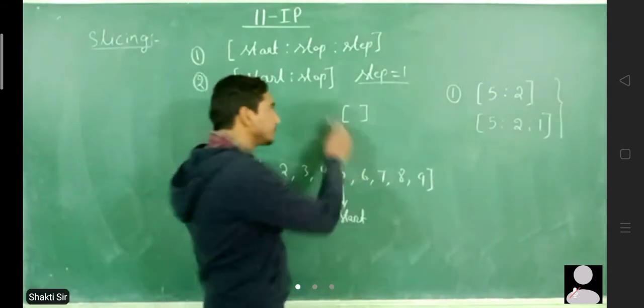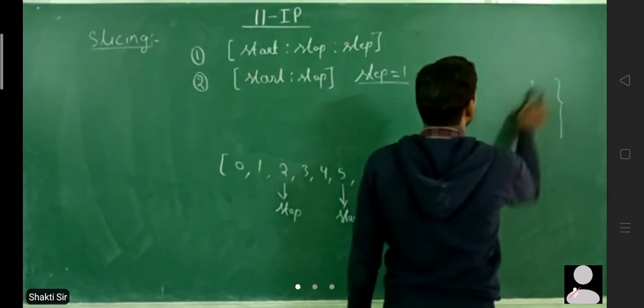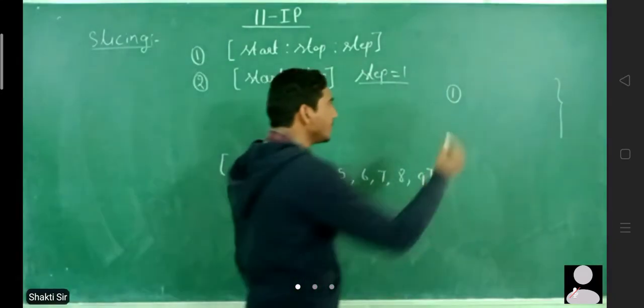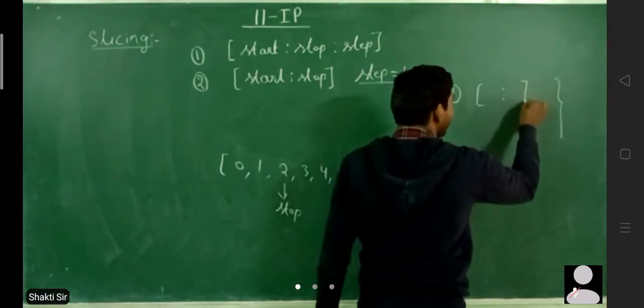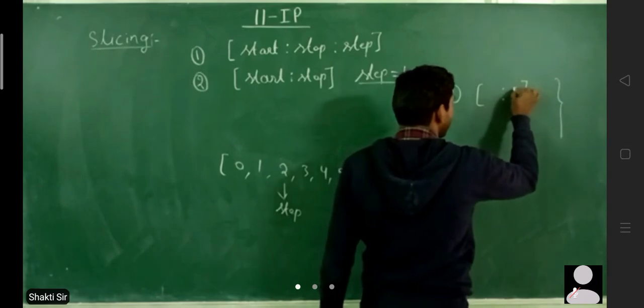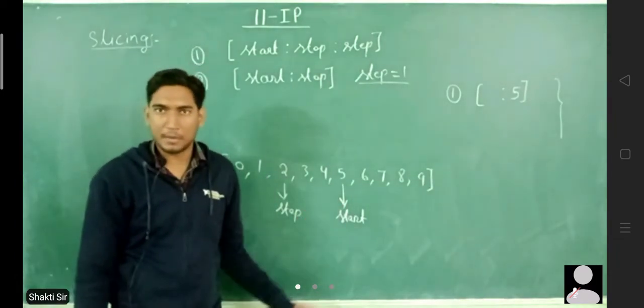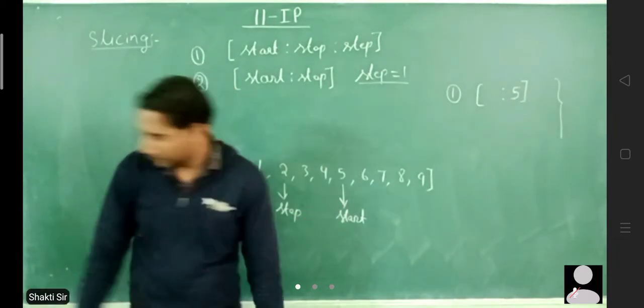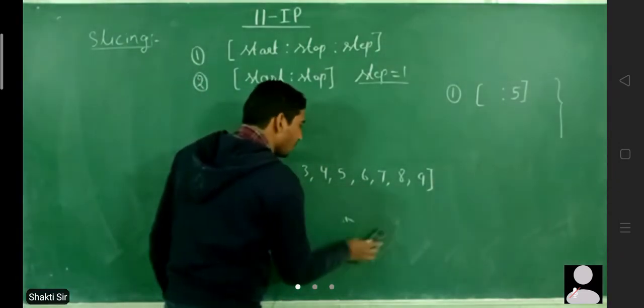Now let us see one more example here. Now suppose we are not passing any value for the start. We are not passing any value for the start and we are just passing a value for the stop. Then what will happen? By default, if we do not pass any value for the start,